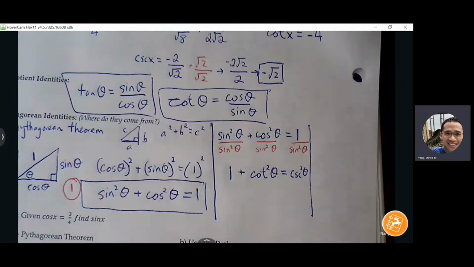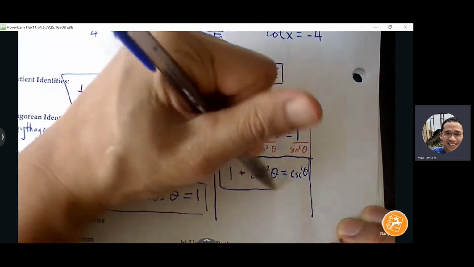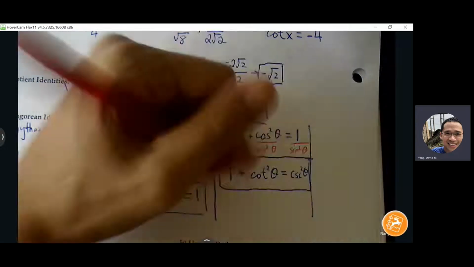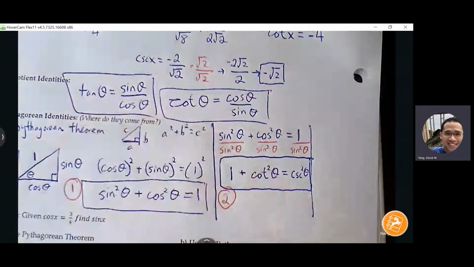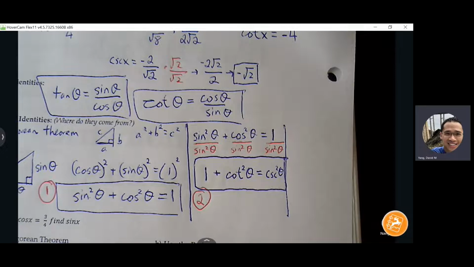So it looks more complicated to memorize, but I just want to remind you that you don't have to memorize this. You just have to know how to arrive at this one. Yeah, it's like one and number two. Yep, that's right. This is the first one, here's the second one, and we're going to discover the third one. So what do you think we can do to get to the third one? Divide by